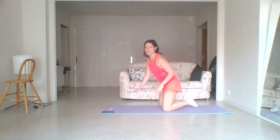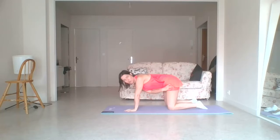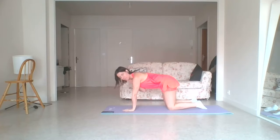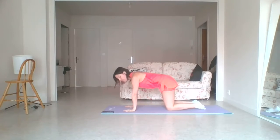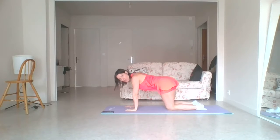Let's start with the donkey kicks. On your mat, I want to make sure you have your knee directly below your hip. So your knees should be hip width apart. Your arms are also going to be nice and stacked. You should have hands directly below shoulders, okay? So hold them there. Pull the stomach in nice and tight so that your back is completely flat. And when we lift one leg off the ground, try and make sure that hip does not dip down or